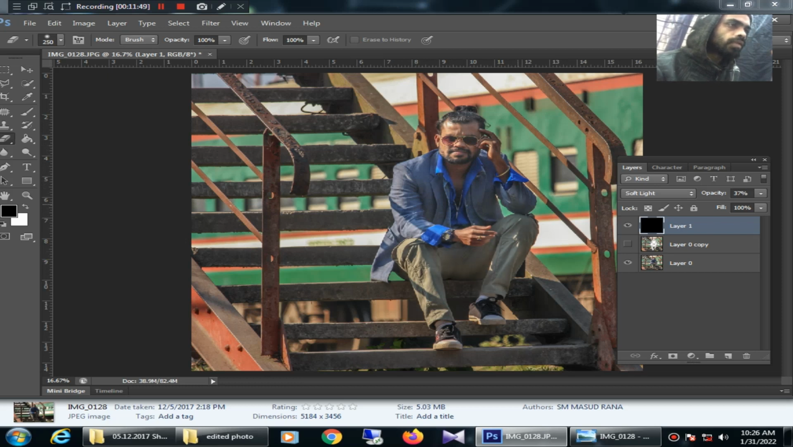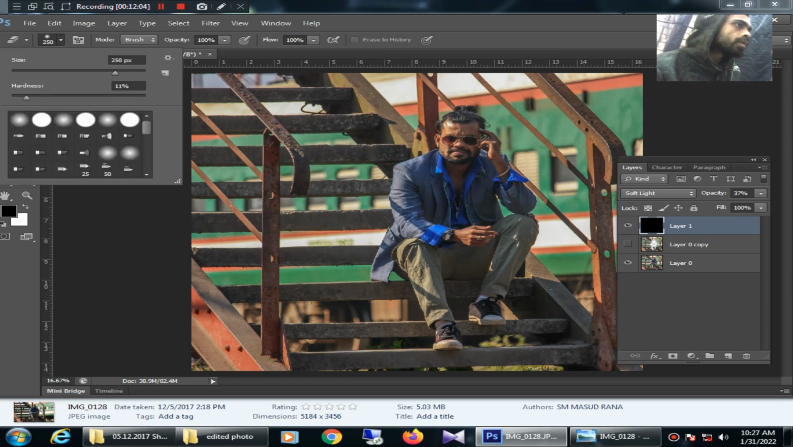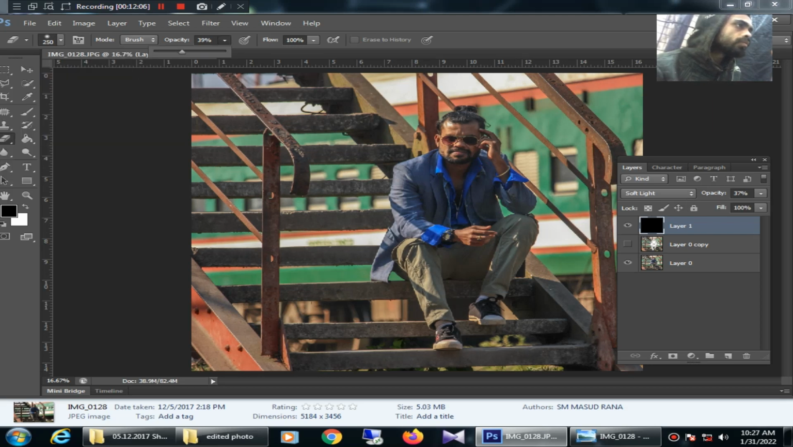And if you think that you are removing too much color, then hit Ctrl Z, Ctrl Z, Ctrl Z, and go to your brush and turn down the opacity to something like 39%, flow to be around 40%. Then you can erase them slowly. It's impacting slowly. You see,